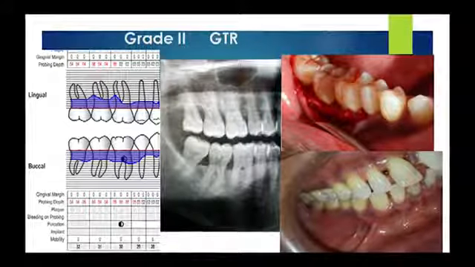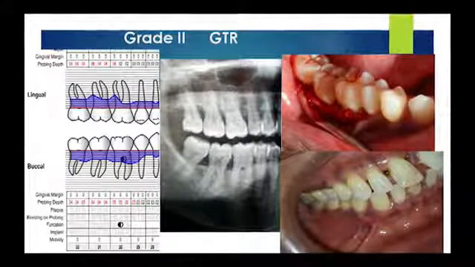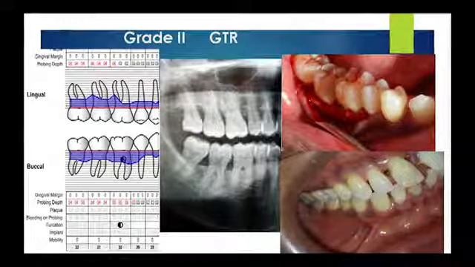Yet we want osseous growth, we want bone. So the concept of GTR, or guided tissue regeneration, you want to guide a particular tissue to populate an area of a defect. If you want collagen, you separate away bone. If you want bone, you separate away collagen. If you want collagen, you separate away epithelium. Because epithelium, collagen tissue, and bone have different growth rates.